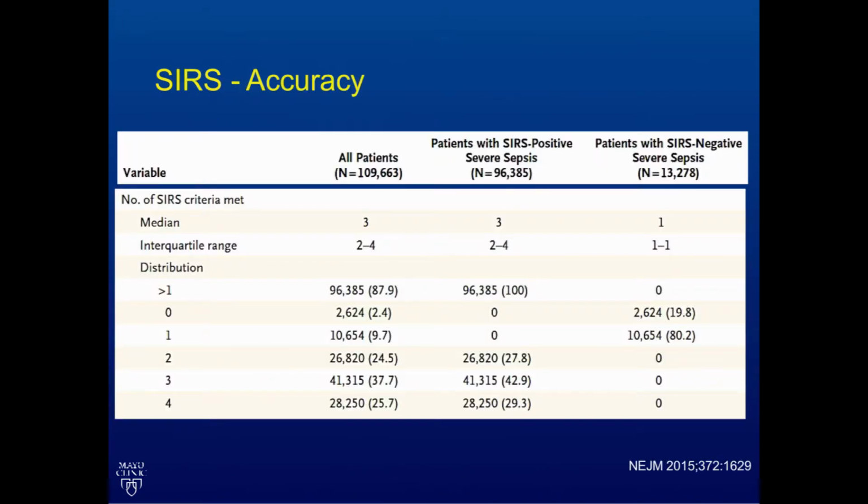Then, a couple of years ago in 2015, it came out that what we've been describing as a sensitive screening tool for some time turns out probably not to be so much. In retrospective review, patients who had bad and difficult outcomes from infections, about 12% of them don't have 2 SIRS criteria, and several don't even have 1. And so if we're missing patients that we need to intervene on, that would also indicate the call for a new system of definition and identification.